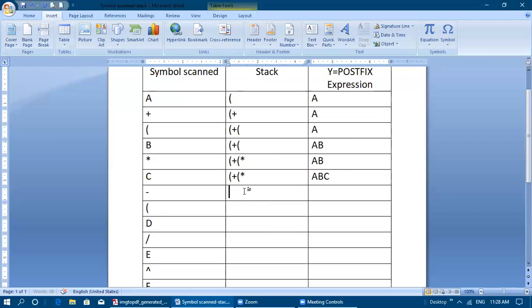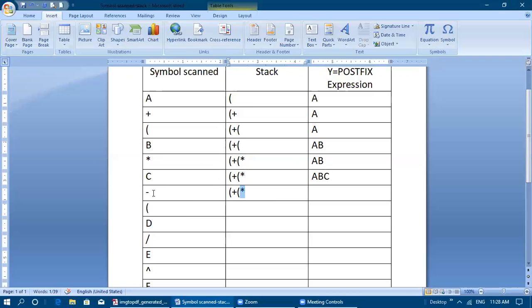Now we are going to push the plus. Before pushing the operator, we need to check it along with the stack operator. Now the stack top is having one operator. If the stack top has the same precedence as the scanned operator, or higher precedence, then... Here star is not the same as the minus scanned operator, but star is of higher precedence. Star is higher than minus.